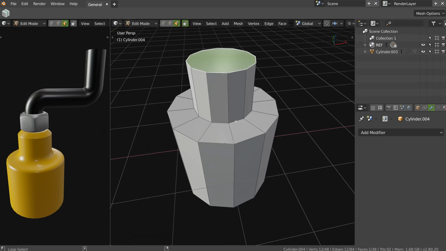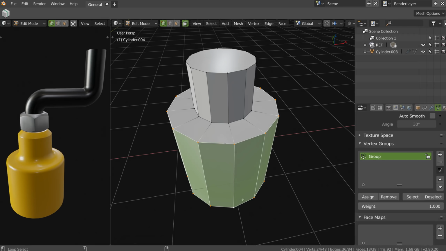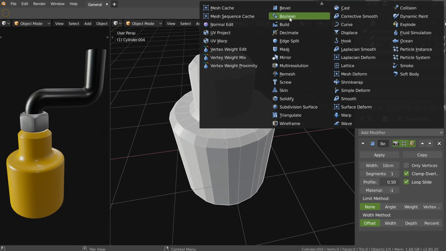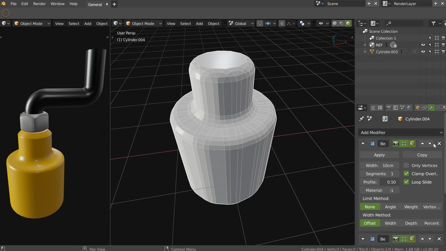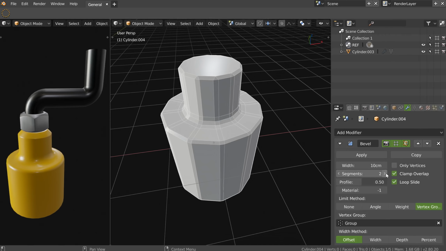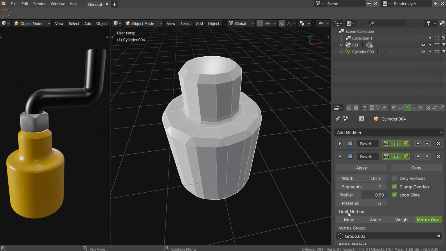What I can do is select this, add, for example, a vertex group, assign, select this and this, add a vertex group, and assign. Add a bevel, add another bevel. Maybe it could be nice to add a copy button, we click, and that adds another bevel with the same settings. That could be really nice. I will select vertex group, group 1. Like this, I will be able to only edit group 1. So, this one. And on the other, I will select the other group.